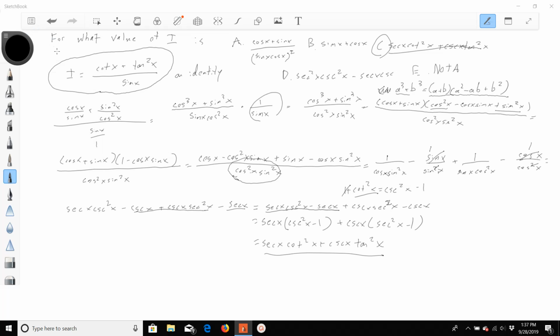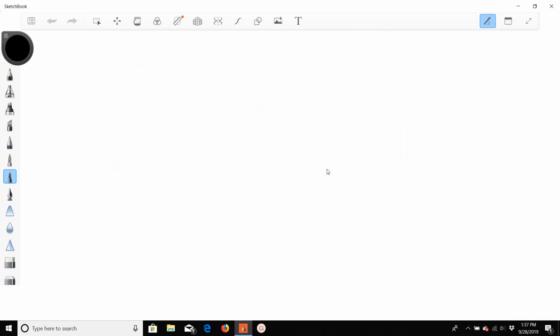I have one more I wanted to do that we didn't get to. I don't want to save this. Now the next one was, this is a messy one, simplify sine 12x plus sine 2x over cosine 12x minus cosine 2x. So, now I know you guys know that we have an identity for sine of 2x and cosine of 2x,